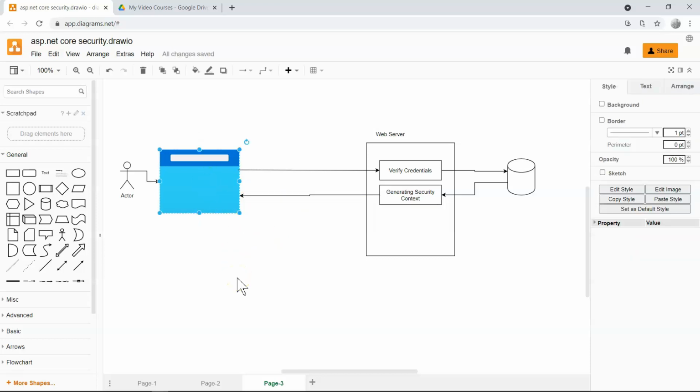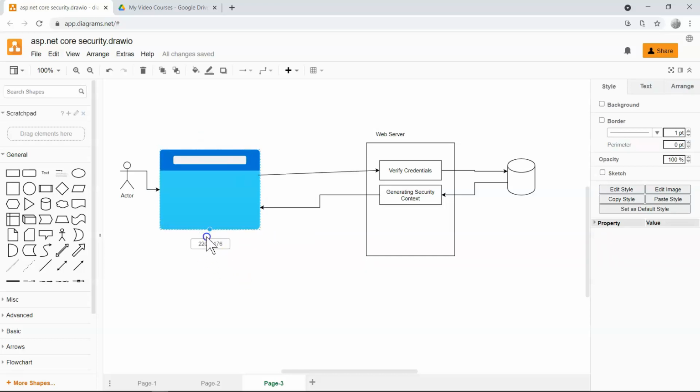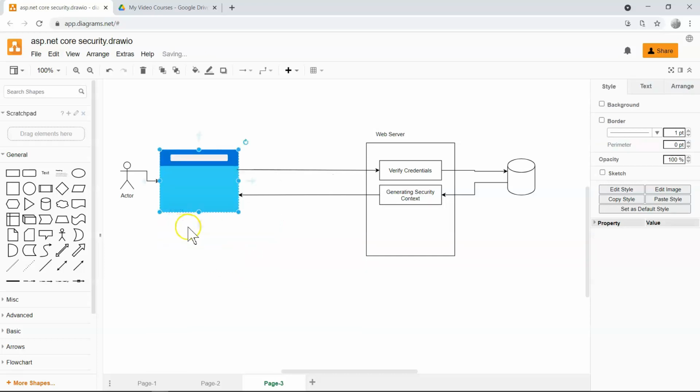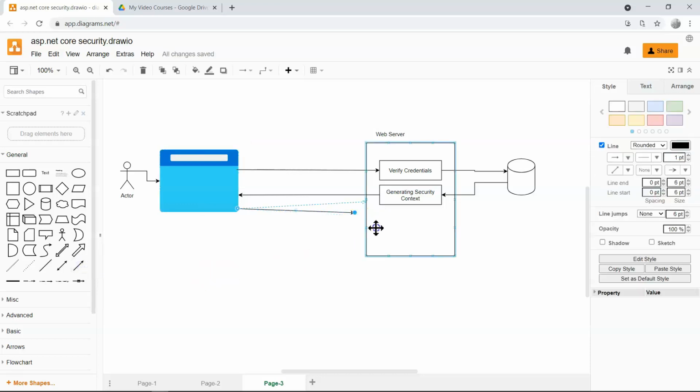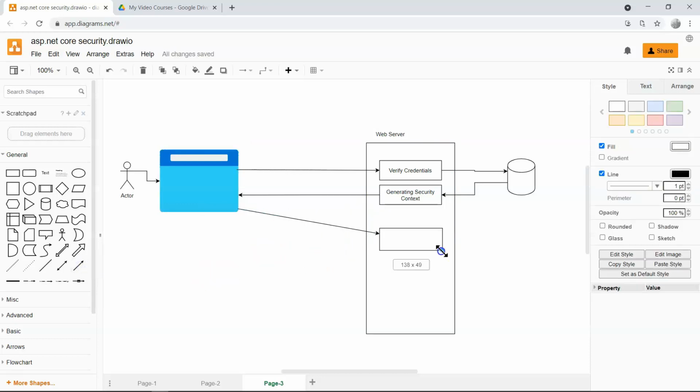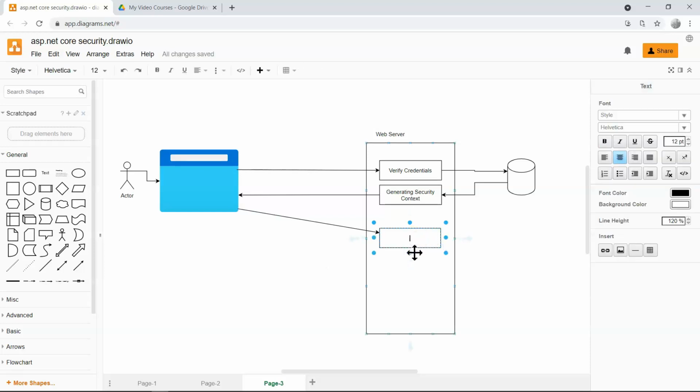The browser will then redirect the user to a different page, and including that redirection, every single subsequent HTTP request will contain that cookie, right? So let's use another arrow to represent one of the subsequent requests, and then this rectangle will represent the authentication